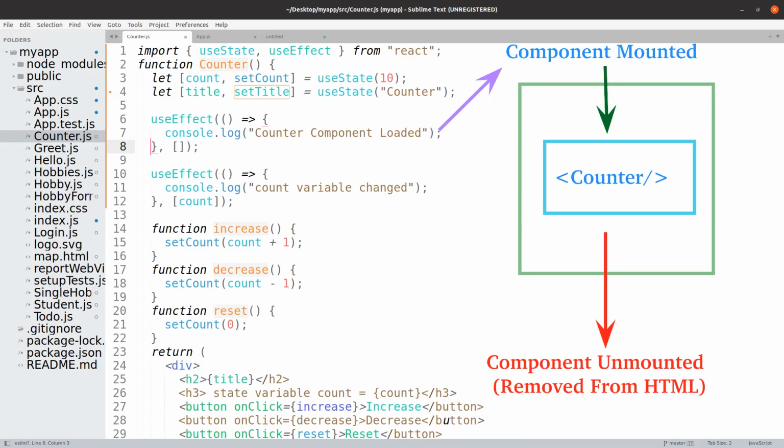Hi guys. So last class we discussed the useEffect hook, and we understood how we can use it to react when the component is loaded for the first time, right? This is the diagram that explains it. But there is one more problem which we want to handle,